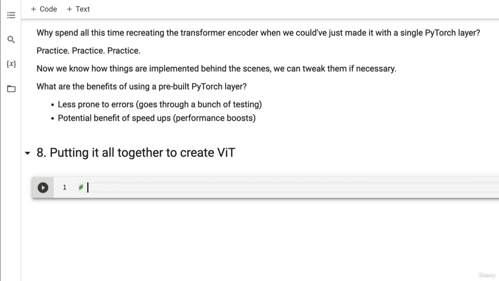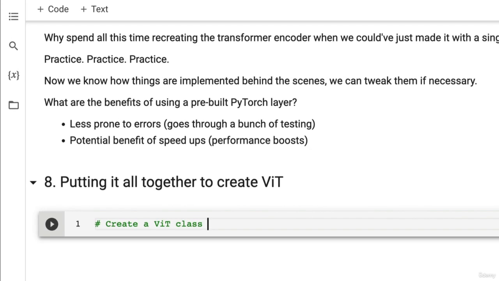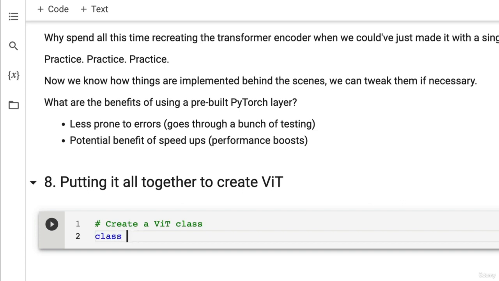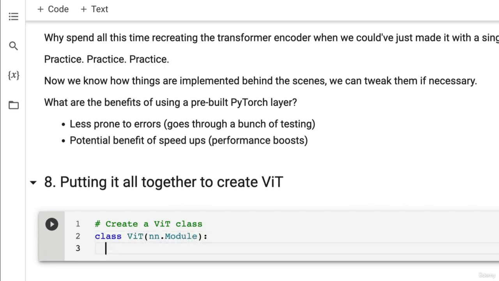So the first step is to create a ViT class. So we're going to use the ViT class to inherit from nn.Module, so we get all the benefits of what's going on behind the scenes in nn.Module. And then we're going to initialize it much like we have all of our other code blocks. And the ViT class is going to pull everything together that we've